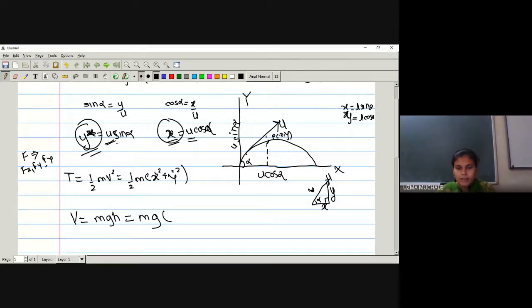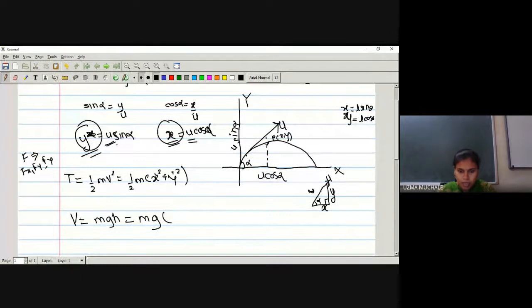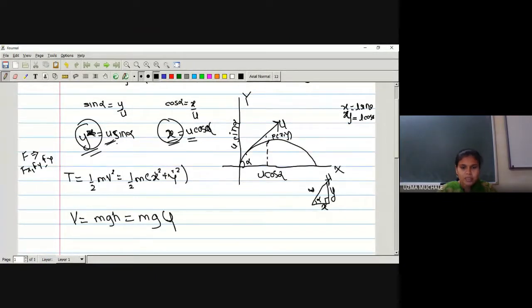Suppose a particle I have written here, P of x y, is the position of a particle. So what will be the height? Height is this one. This u is parallel to the y-axis. If this is parallel to the y-axis, so what can we write about height? The y-axis, y.